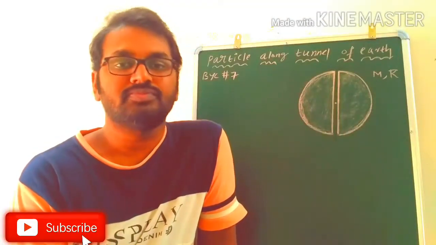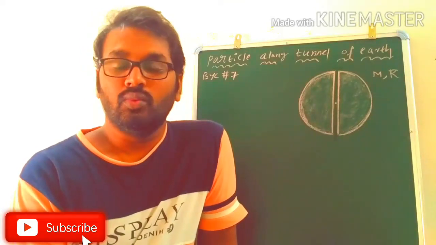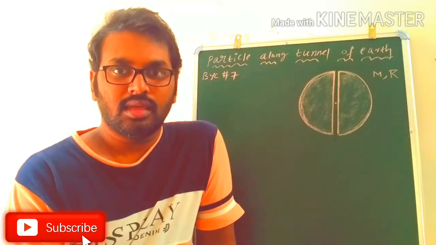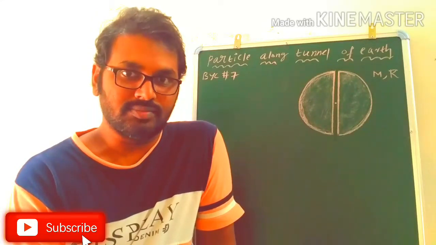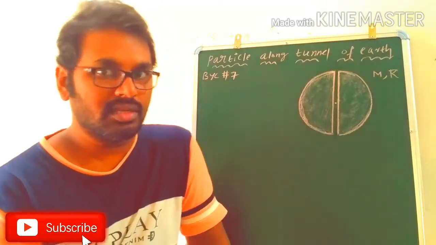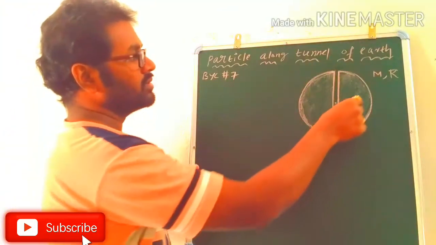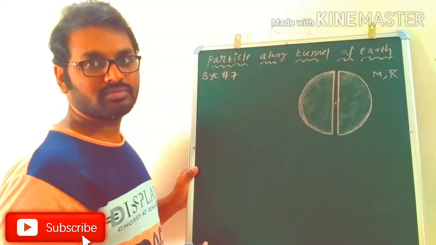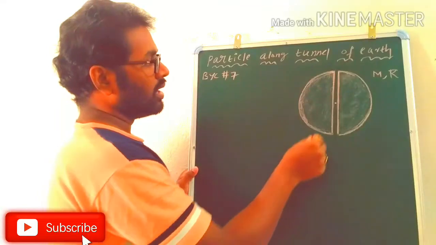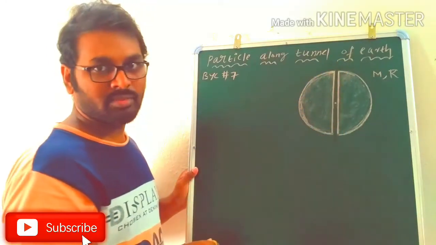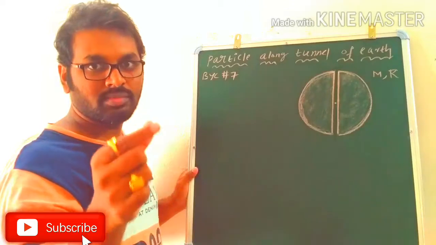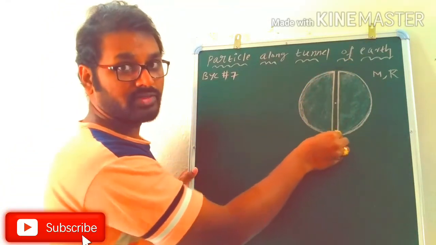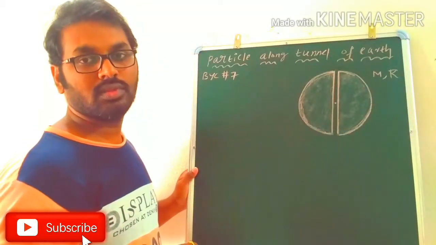This is your Satish. In this section, we can see if we drop an object along the tunnel. So what is a tunnel here? We have the Earth of mass M and radius R. A tunnel is made along its diameter. The tunnel means a hole. From one end of the Earth to the other end, we are making a hole, and that